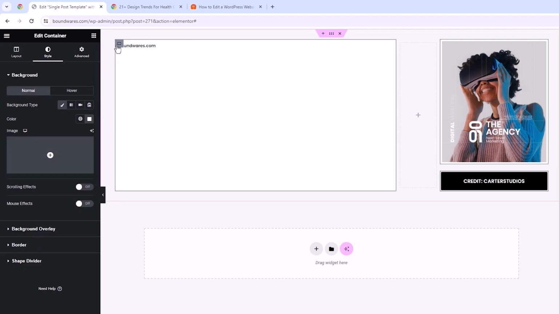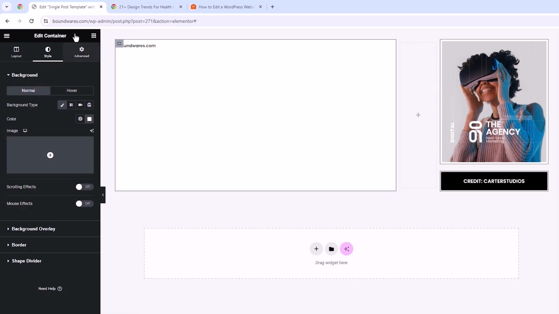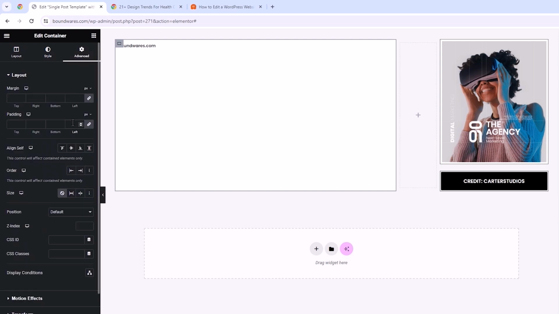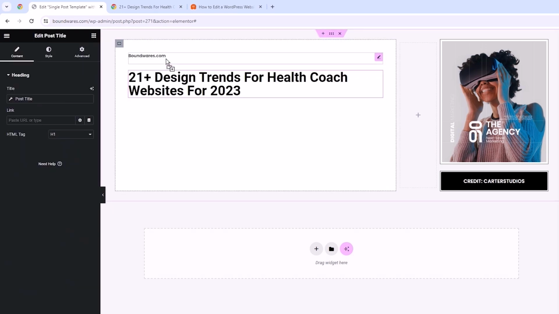Moving on, let's add paddings to all sides of this container to match what we have here. Head to the advanced settings, and let's make this 40 pixels to all sides. And that brings us to the next element, the post title. Simply drag the post title underneath the breadcrumbs widget, and let's make sure this is set to an H1 tag